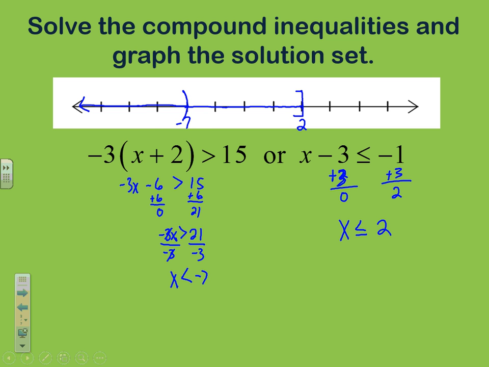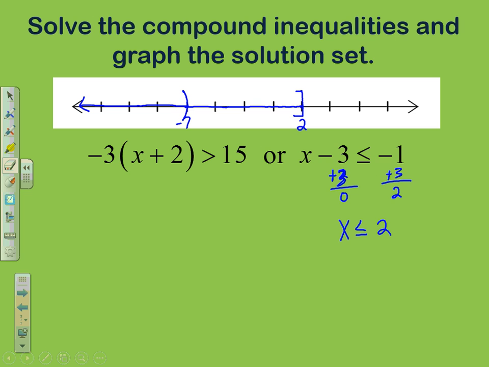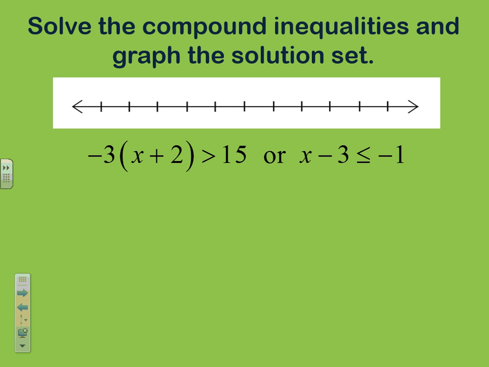And I don't always like seeing that because generally speaking, we don't see OR compound inequalities that produce a number line that looks like this. Now we didn't make any mistake in the math and we graphed it correctly, but I just don't like the way it looks. So what I'd like to do is, instead of just looking at this one, I would like to produce a second example that is more typical of what you will see with an OR compound inequality. So copy this other example down,